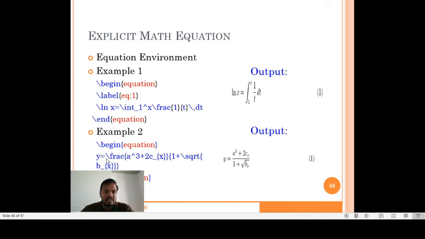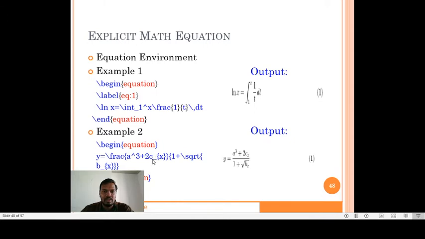Another example is shown over here. I have created an equation y equals \frac. This will be a fraction, and the first part of the fraction will be a caret 3. This indicates a cube plus 2c underscore, and within curly braces x.